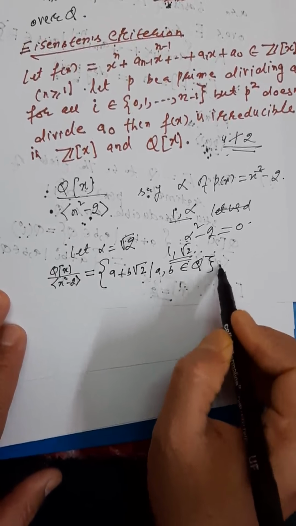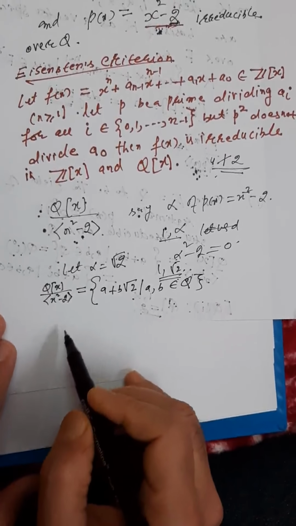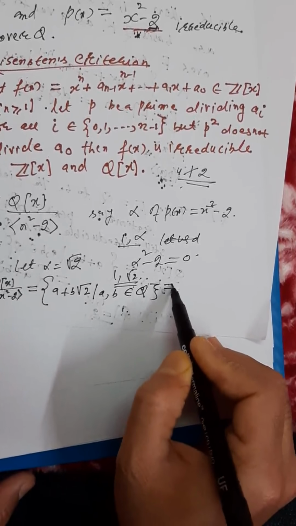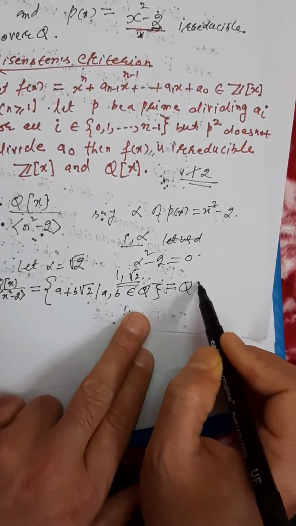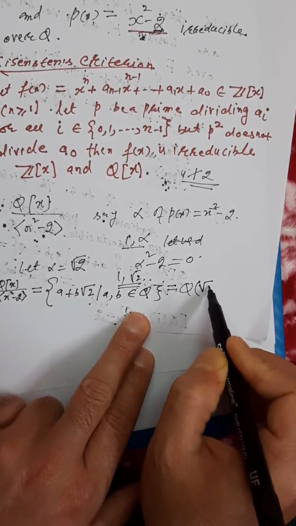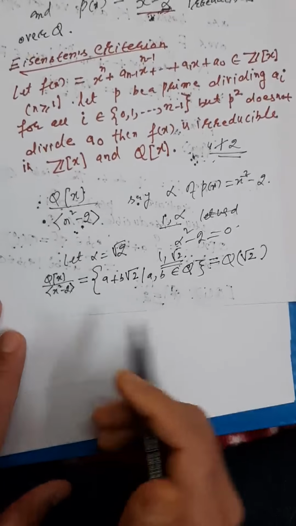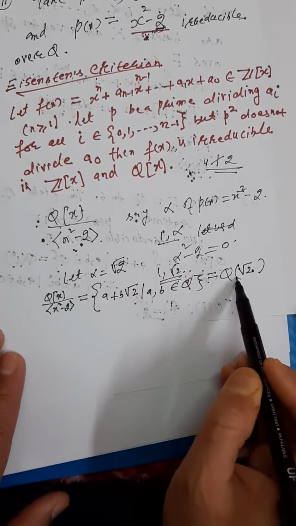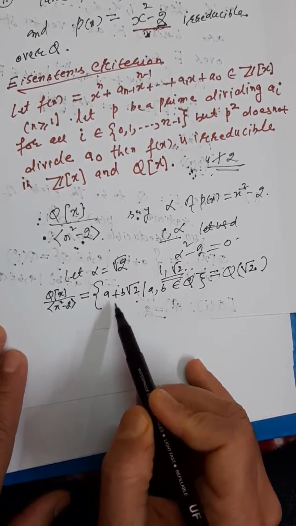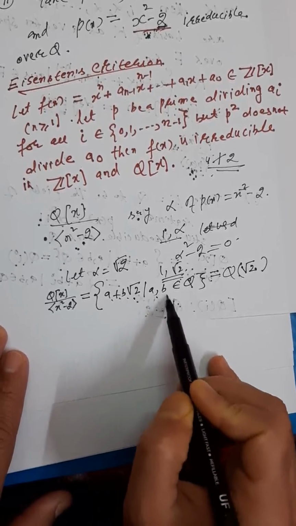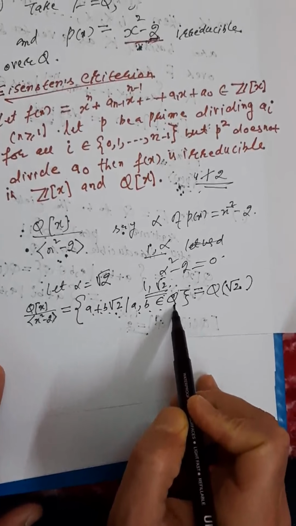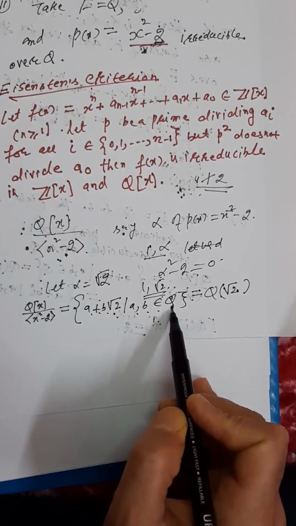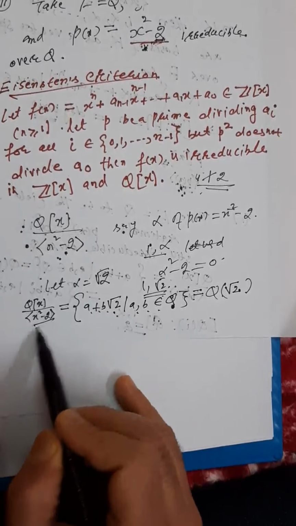And what is the degree of this extension? It is 2. There is also one convenient notation for this. Later on we would introduce this formally, but let us write here Q(√2). So Q(√2) is an extension of Q of degree 2, consisting of elements of the type a + b√2, where a and b are rational numbers. Now, as we discussed in the previous example how to add and multiply any two elements in this extension, let us see.